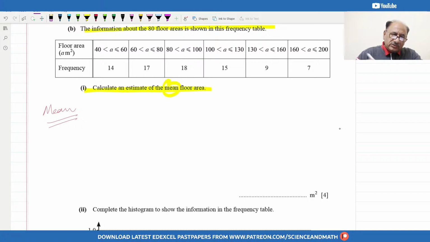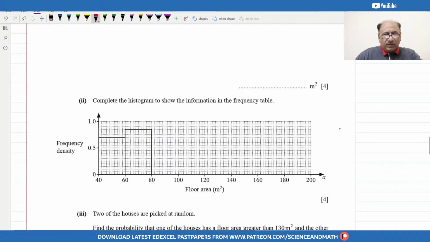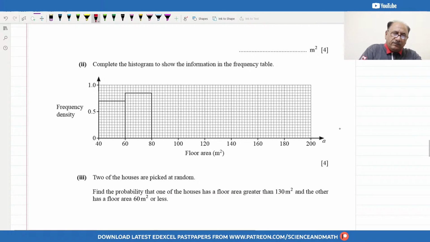So for tomorrow's exam also you need to focus on how we are calculating the mean in the case of grouped data. This is grouped data in which they have given us the classes and they have given frequencies for those classes. So this is known as grouped data. We use a special technique for grouped data to calculate the mean, and so many times they are asking for that mean. Then they give an incomplete histogram like this one, and by using this information we have